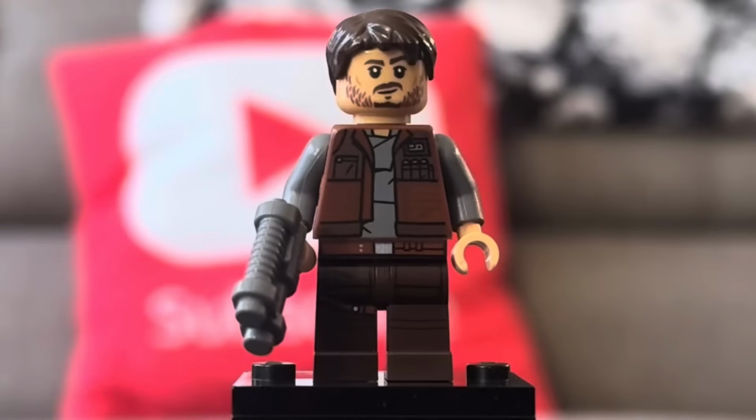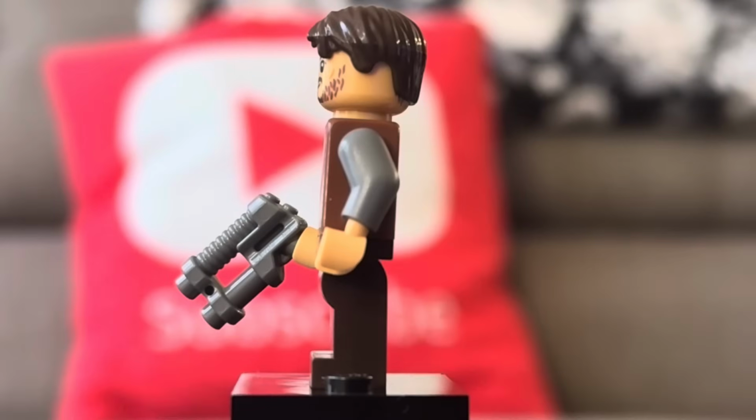And we're going to start by taking a look at the minifigures first, starting with Cassian Andor. And I feel like this is a relatively decent looking minifigure. I do like the chest print that is included. The facial expression and hairpiece look really great as well, and I feel like the leg printing for this figure is okay. There is no printed detail on the side of this minifigure's arms or legs, but he does come